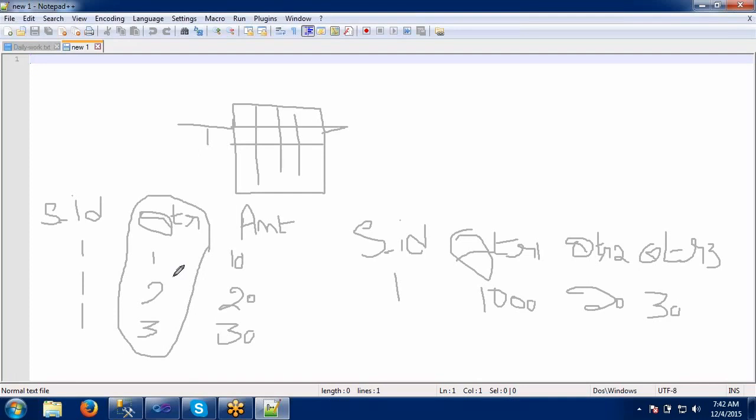Why? Because here it is now three rows, and now it has become one row. Got it? So like this we will do pivot here, converting maximum rows into minimum rows and pivoting the values. Okay. Let's see one example, then you can easily understand.